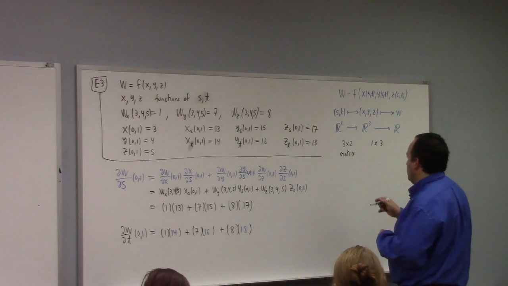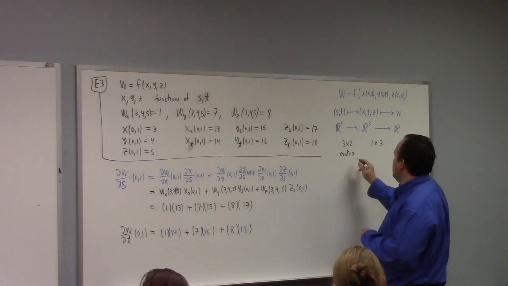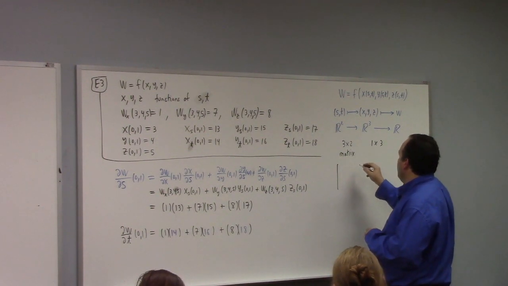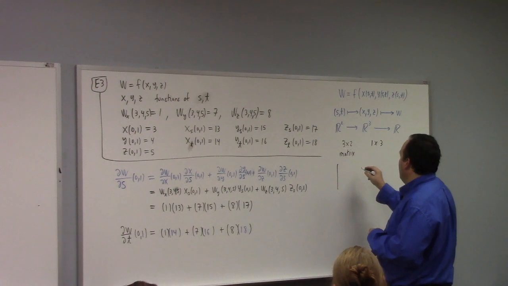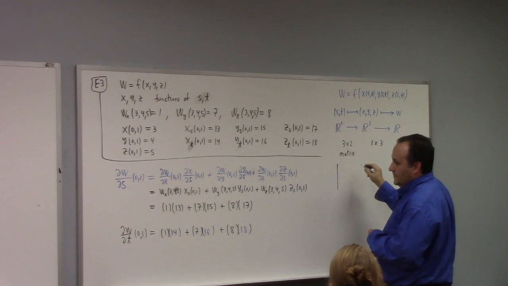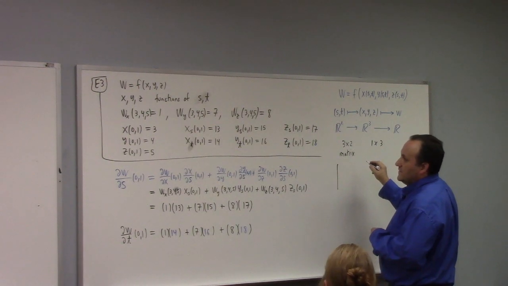So let's see here. If I make the 3x2 matrix, basically I'm going to make the